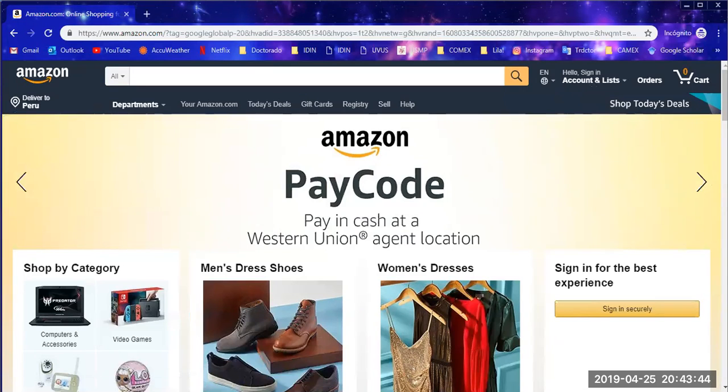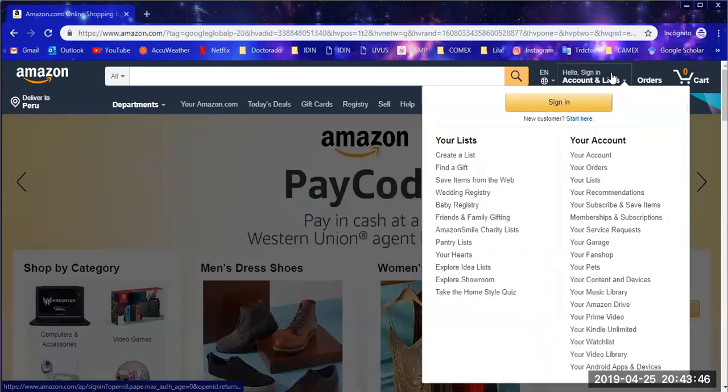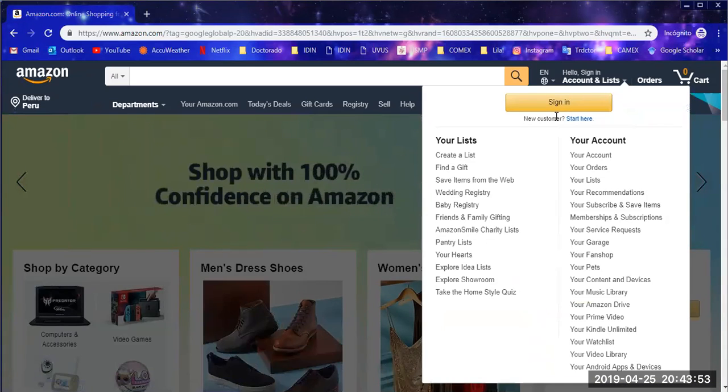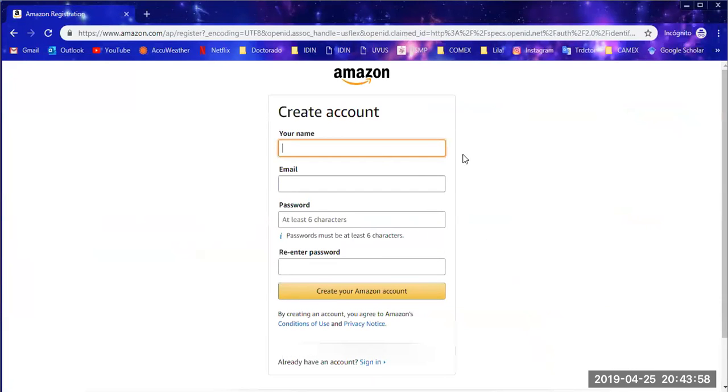Okay, perfect. So we're in here. This is the Amazon webpage. If I have an account, I click on sign in. If I don't have an account and I'm a new customer, I click in here on start here. On start here, I'm going to enter my name and my email. I'm going to create a password and re-enter the password. After I do this, I'm going to get an email where I'm going to click to activate the account, and after that